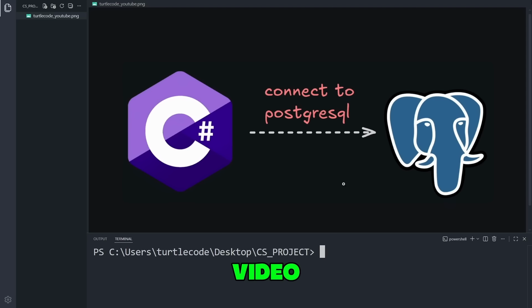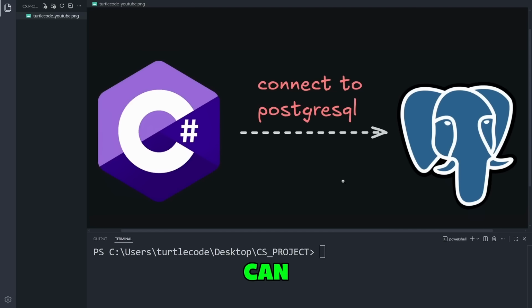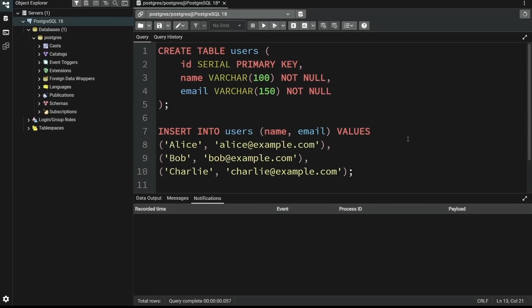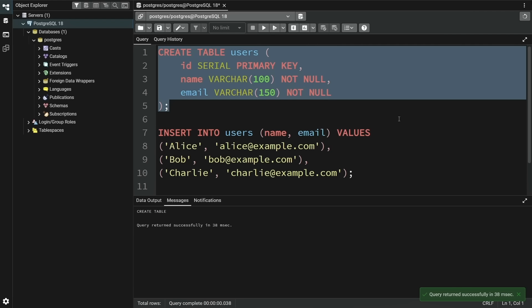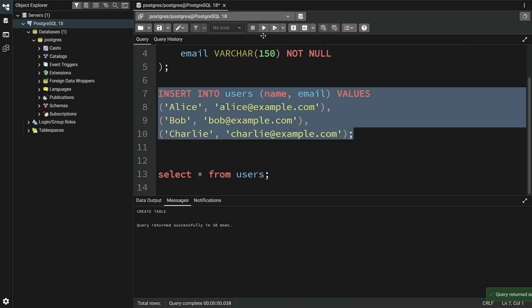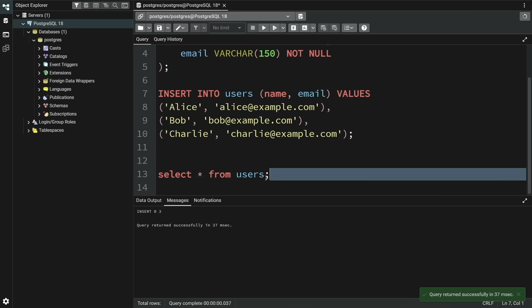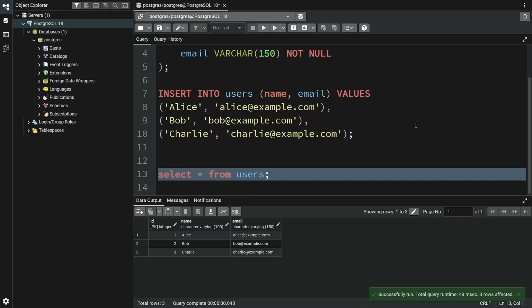In this video, we're going to learn together how we can connect to PostgreSQL using C#. First, I'll start on the PostgreSQL side. I'm creating a table in our database, and right after that, I'm inserting a few sample records into it, so we actually have some data to work with. Once that's done, I run a simple select query so we can clearly see the table we just created and